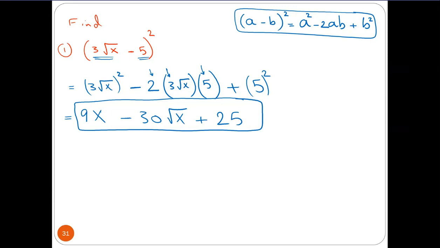Now, anyone have a question? معلش دكتور ممكن تعيدها مرة ثانية؟